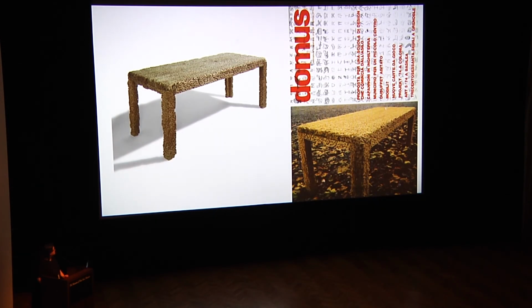There is also a platform that has a series of objects that go back to that alignment with arte povera, the use of very humble materials like wood, very simple forms that often have interactive or performative aspects. This is Urano Palma, the table which was featured on the cover of this issue of Domus magazine, in which the artist created the table form,